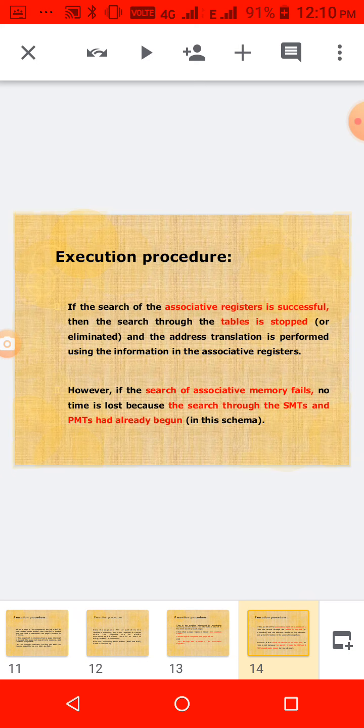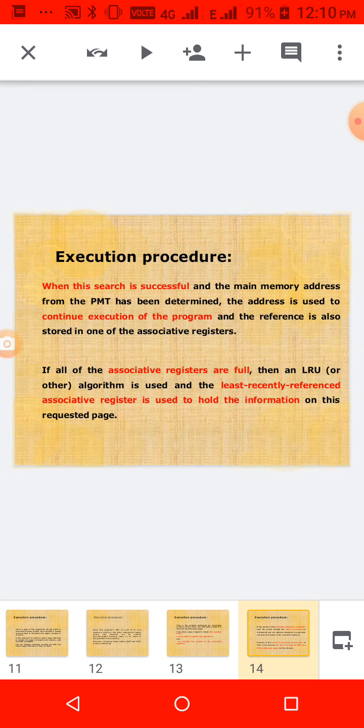If it fails, then the search continues in the segment map table. When the search is successful and the main memory address on the PMT has been determined, it will resume the process.